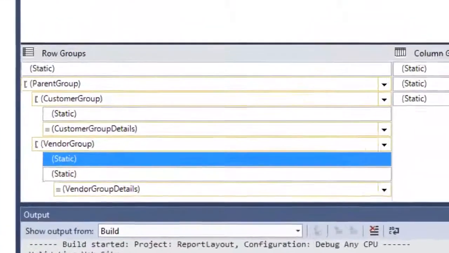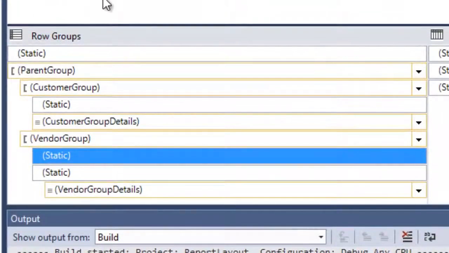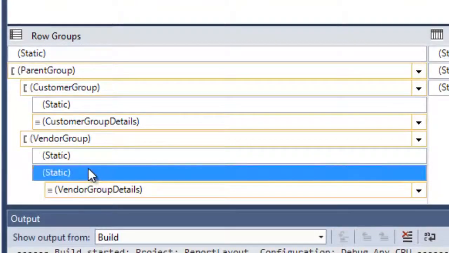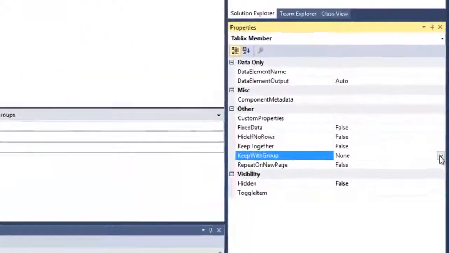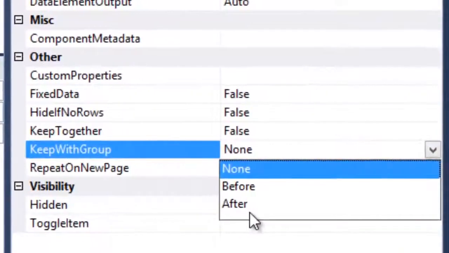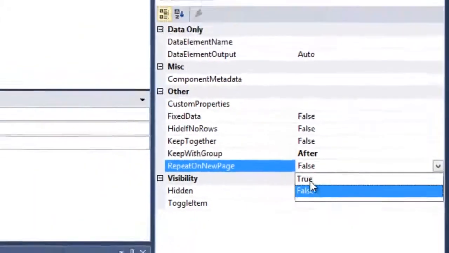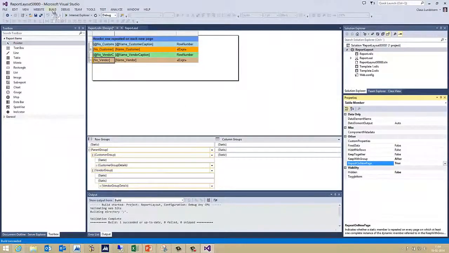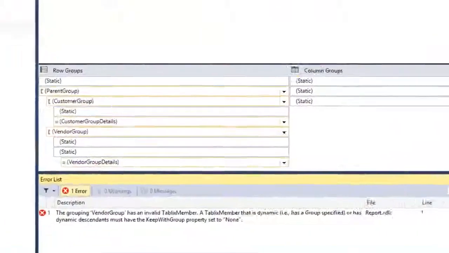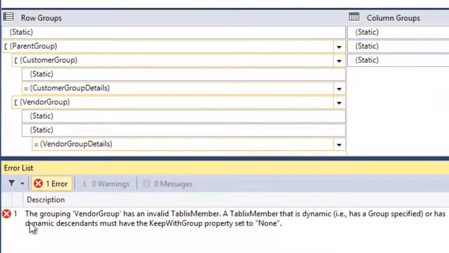So we're back in Visual Studio, and let's try to see if we can get it working by clicking this static row here. This static row that shouldn't really be there, but let's try to see if it works and what error we get. So I'll say repeat with group after, and repeat on new page to true, and then I'll build the solution. And as you can see down in the error list here, I get a